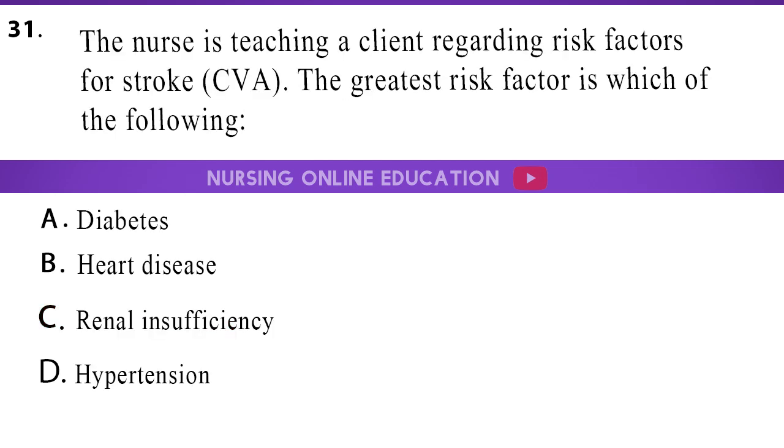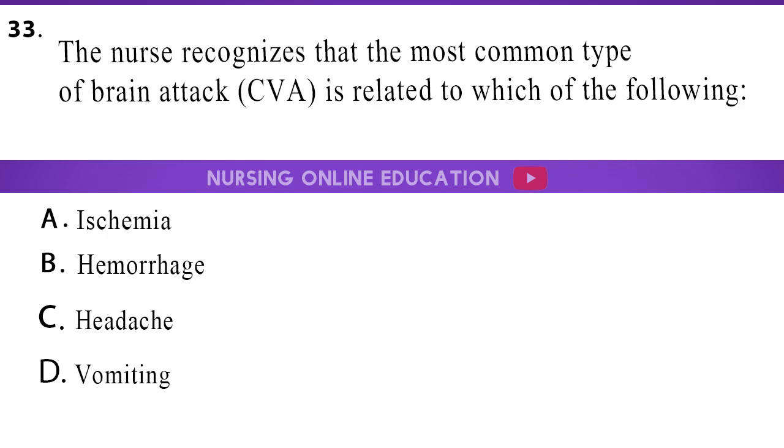32. The nurse is teaching a client regarding risk factors for stroke, CVA. The greatest risk factor is which of the following? A. Diabetes, B. Heart disease, C. Renal insufficiency, D. Hypertension. The answer is option D. Hypertension. 33. The nurse recognizes that the most common type of brain attack,